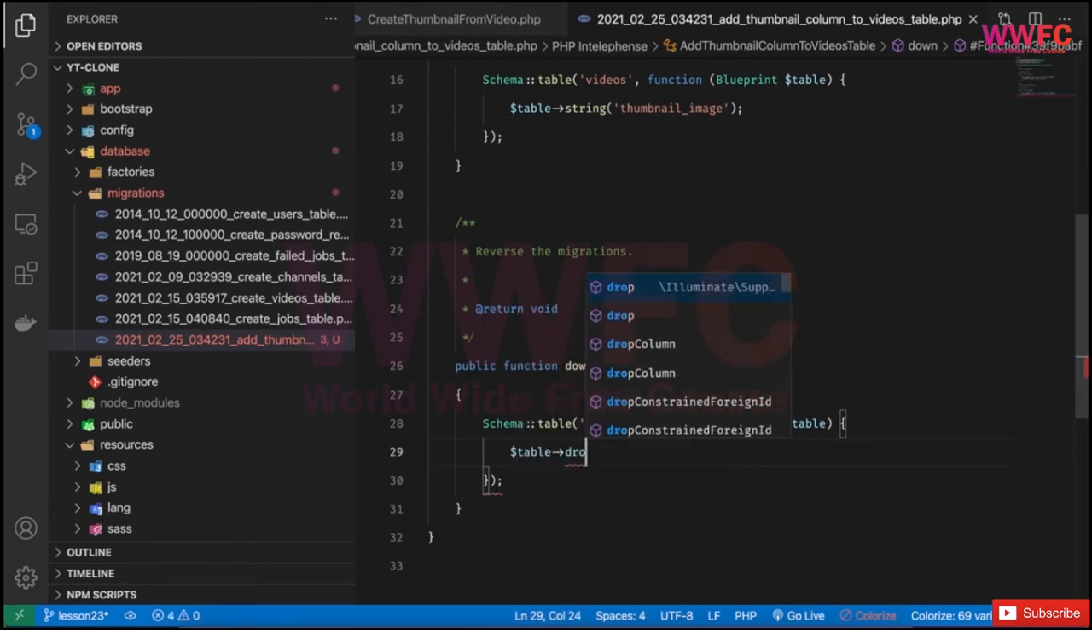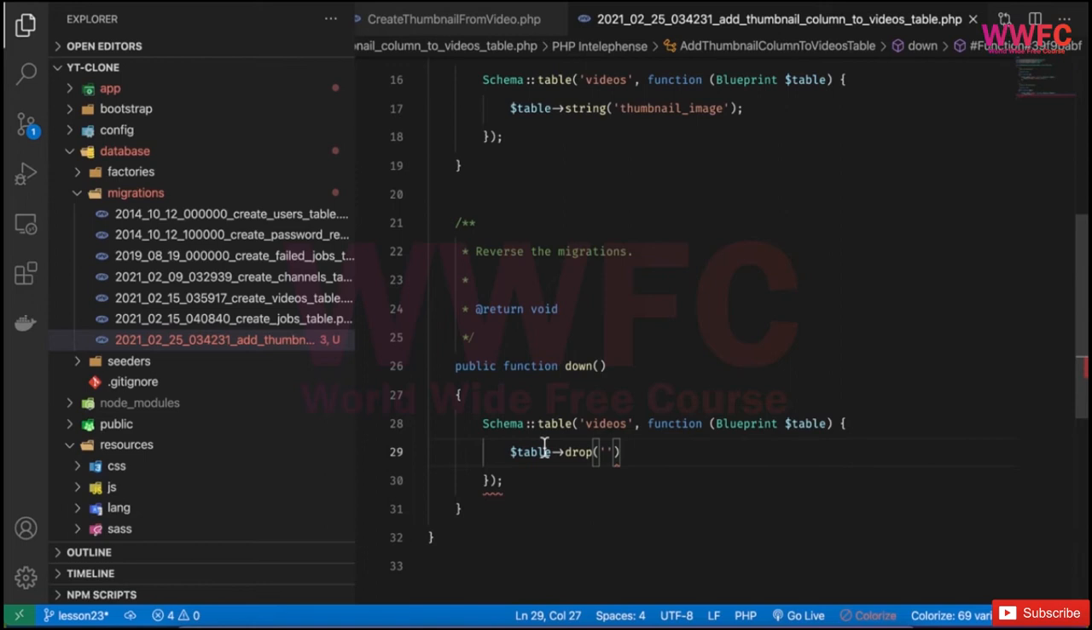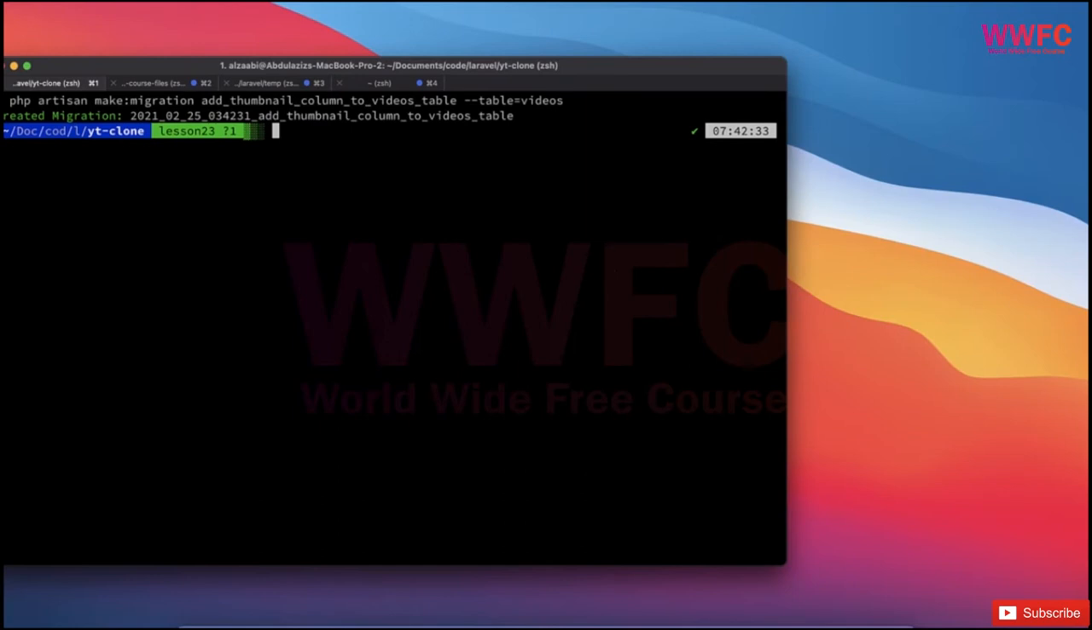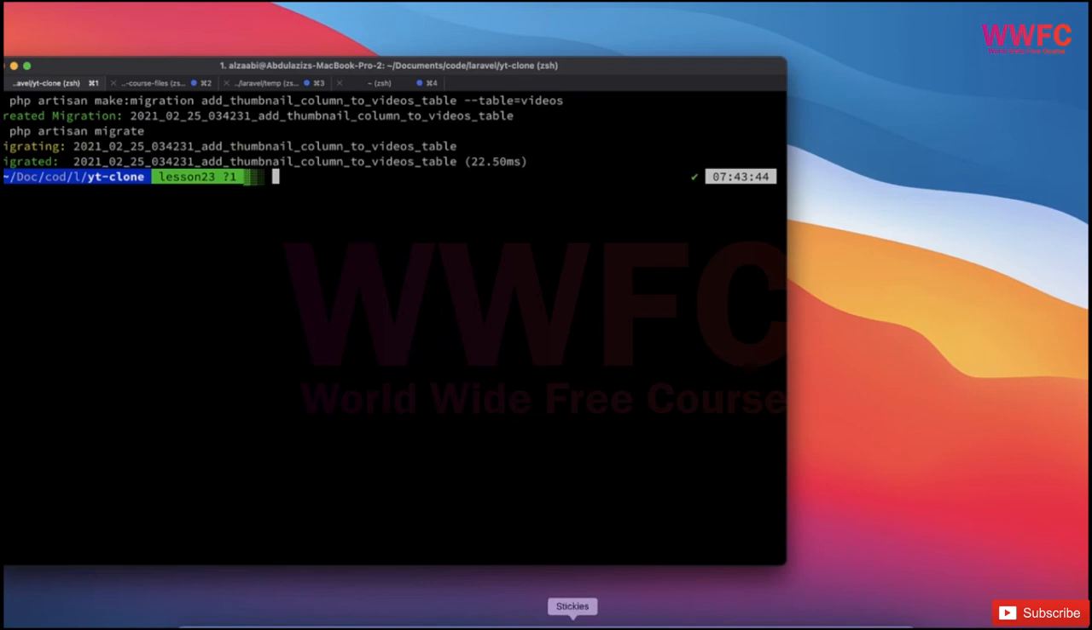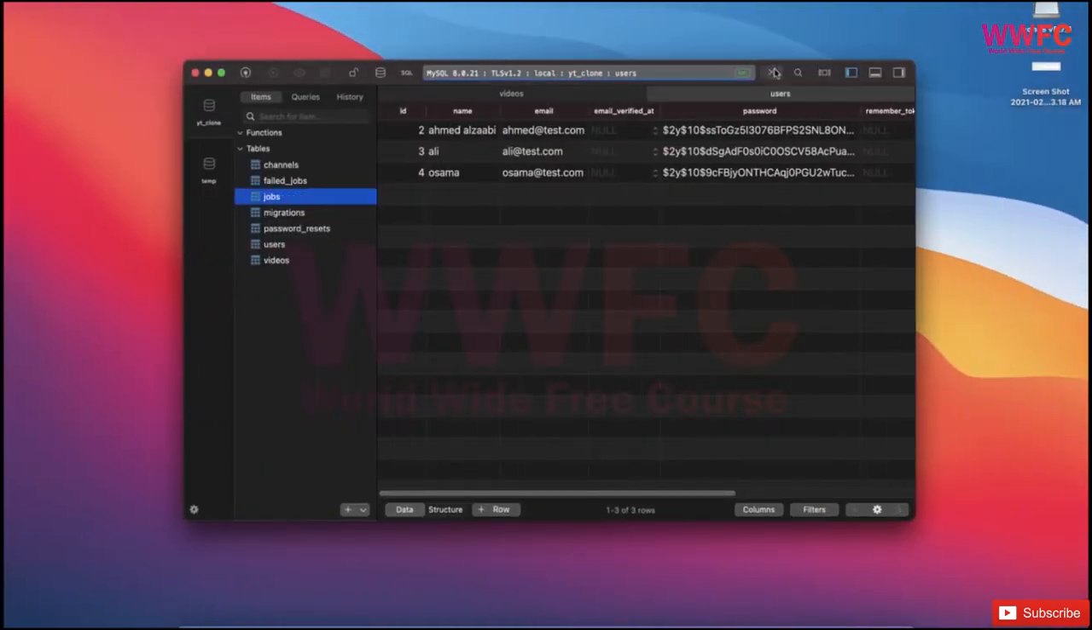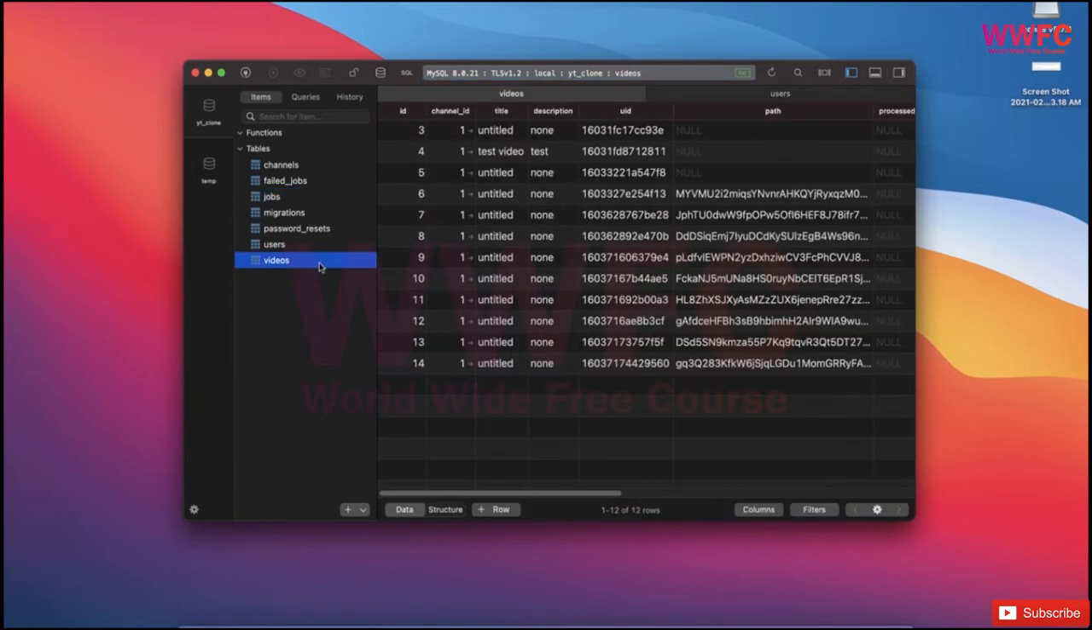And then inside down, I will say table drop, and then I'll select this file name, or drop column, so it will be removed once we do the migration rollback. So let's do PHP artisan migrate, and let's check database, refresh database, and make sure that we have this. If I go to structure inside the videos, then I should see